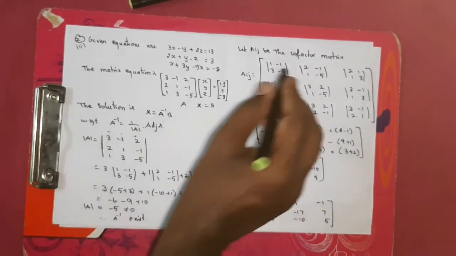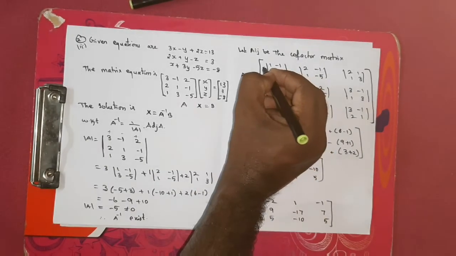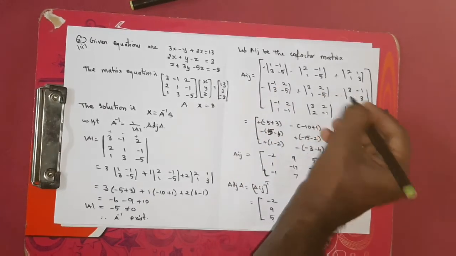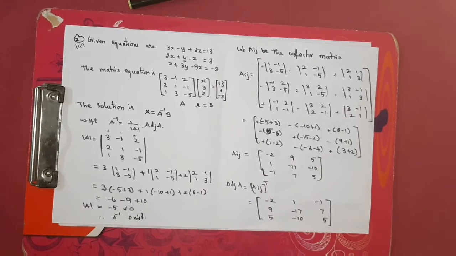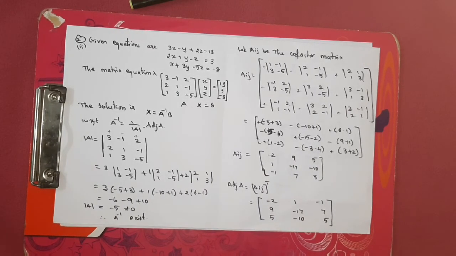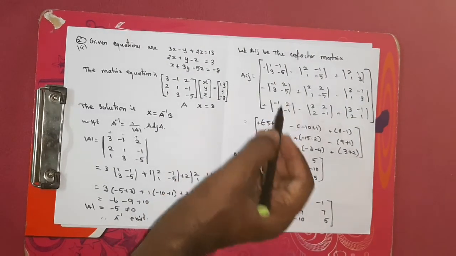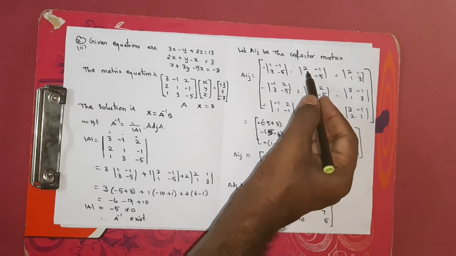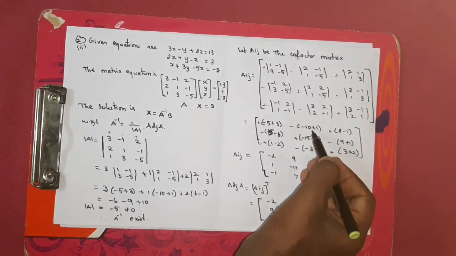So we got it. Now these are minors, but how can it become a cofactor? So put plus minus plus minus plus minus plus minus plus sign. So it becomes the cofactors. Now solve it. So here when you solve, 1 into minus 5 is minus 5, and here minus 3, but there is a minus, so plus 3. And here minus 10, here minus 1, but there is a minus, so plus 1.